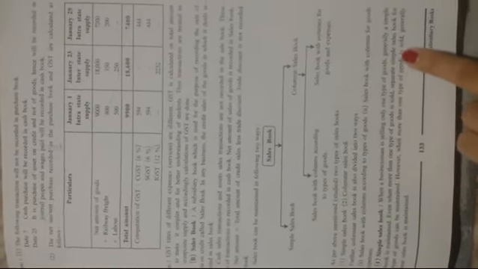First one is simple sales book. Simple sales book is used when a businessman is selling only one type of good. Even when more than one type of goods is sold, a separate sales book for each type of goods can also be maintained. However, when more than one type of goods is sold, generally a columnar sales book is maintained.